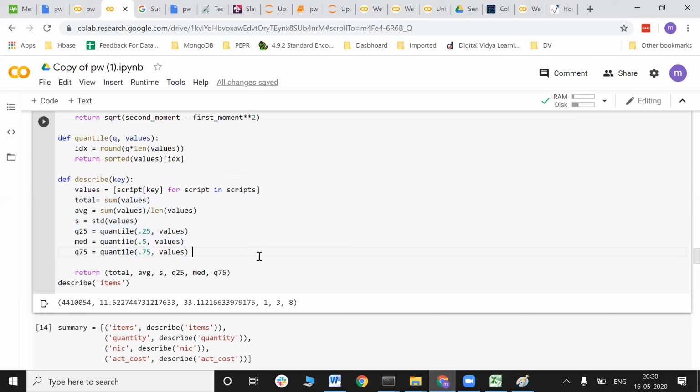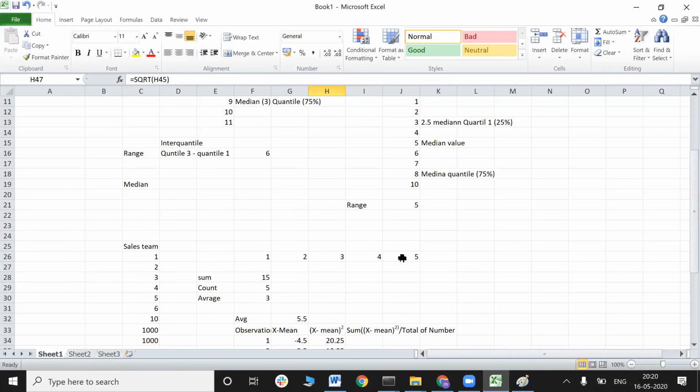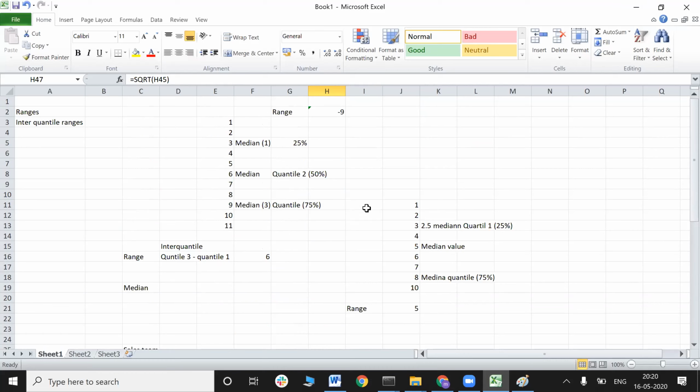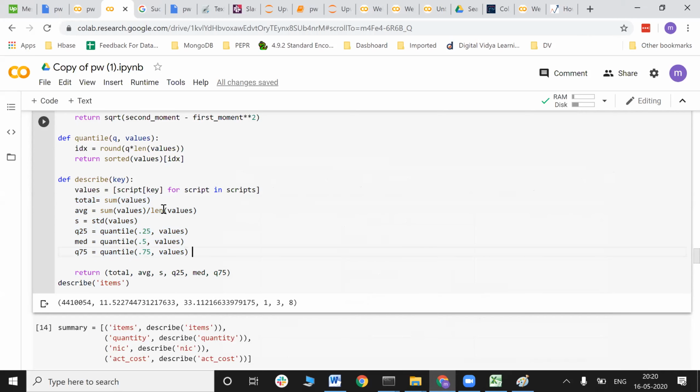Sorry, for the quantile, I have a question. Why do you have to round the value? It's back in the code, like they round up the value. We just do the describe, right? No, describe is our manual function. It is our manually created function, our own customized function. Yes. Okay, good.